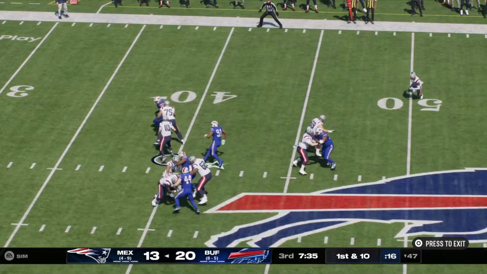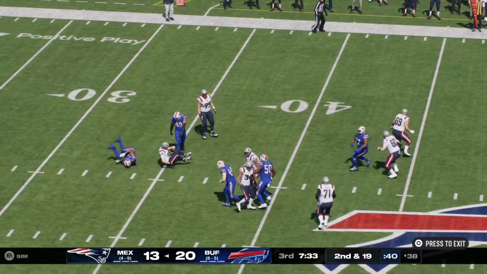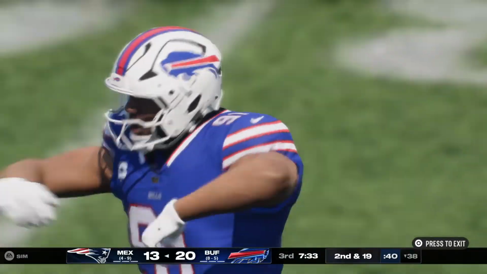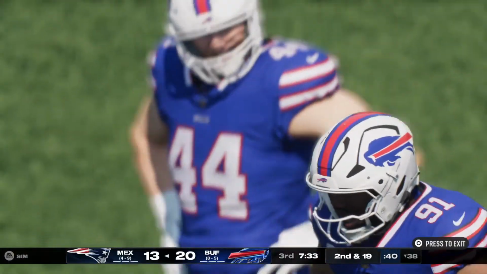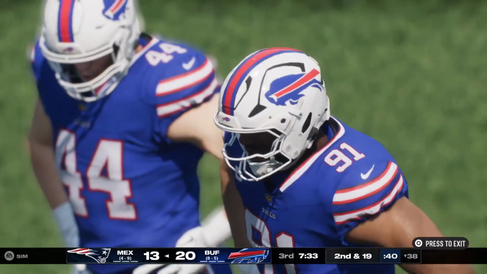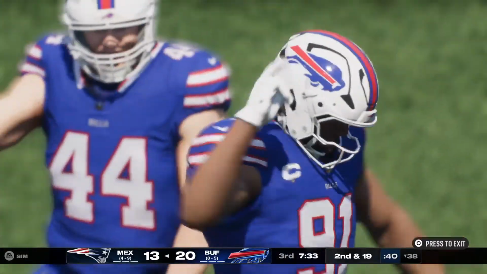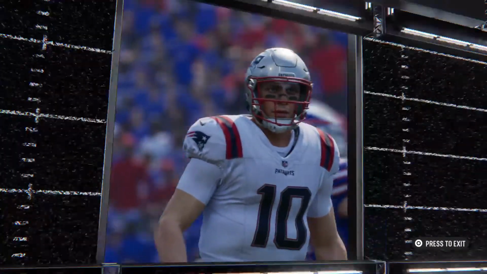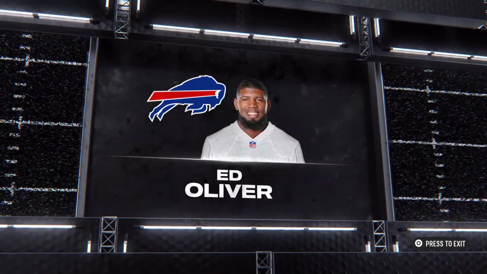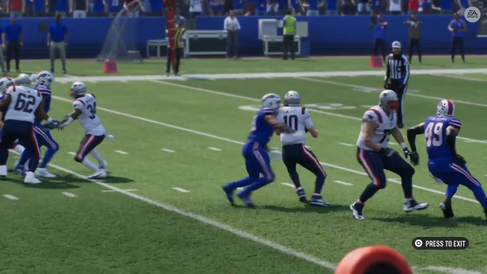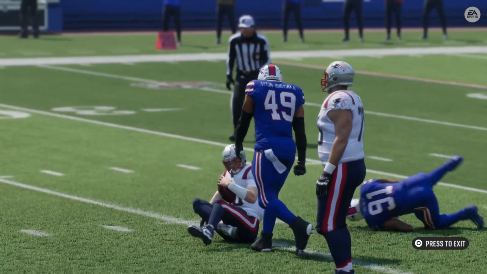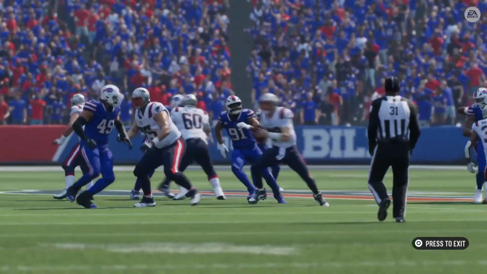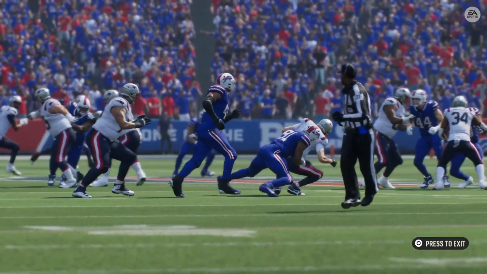From the shotgun, he'll look to throw. Pressure comes, and down he goes. Ed Oliver picks up his 2nd sack of the afternoon. He was really focused downfield, but there were really no viable options. The coverage was too good. And the defense really quickened the tempo of that play with their pass rush because there was nowhere for him to go with the football. The only place he ended up, down on the ground.